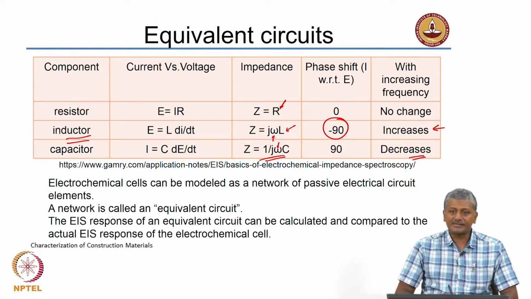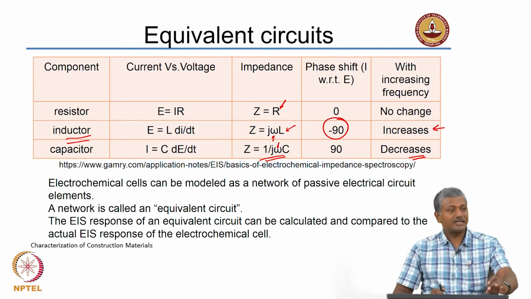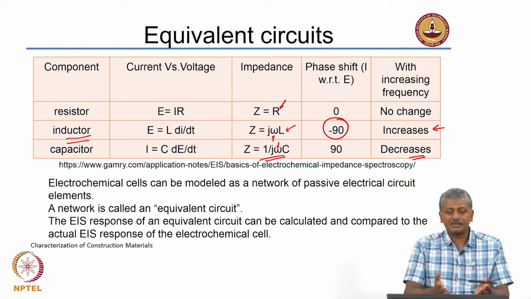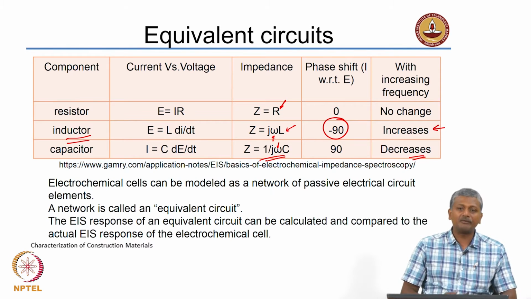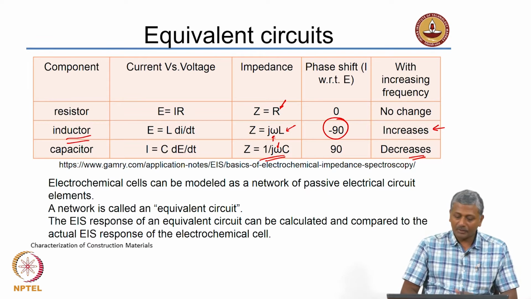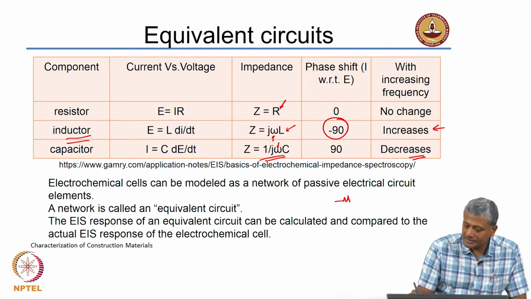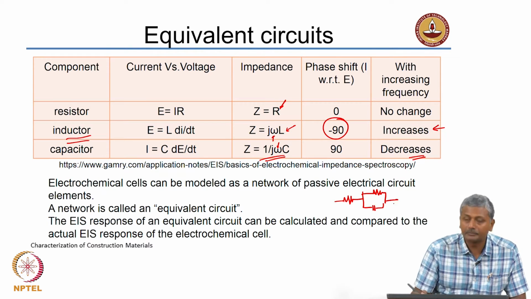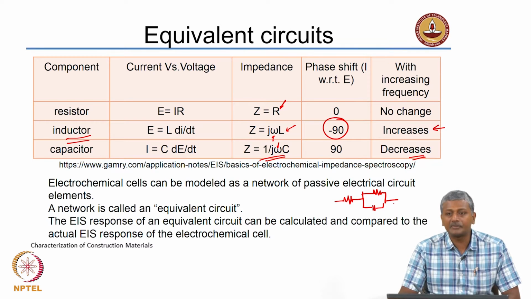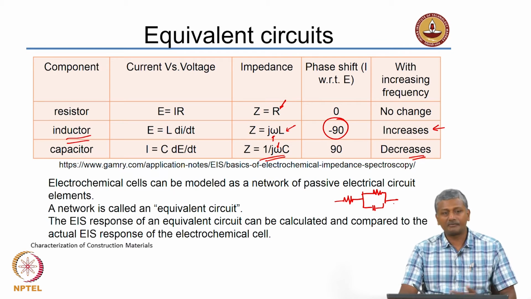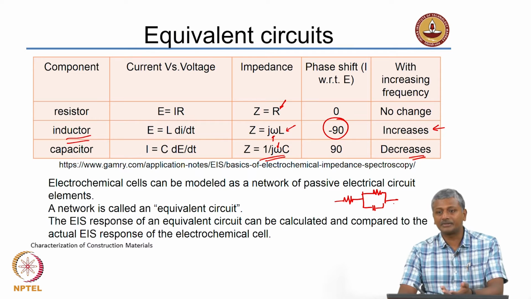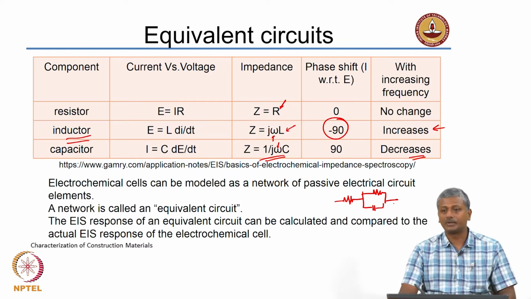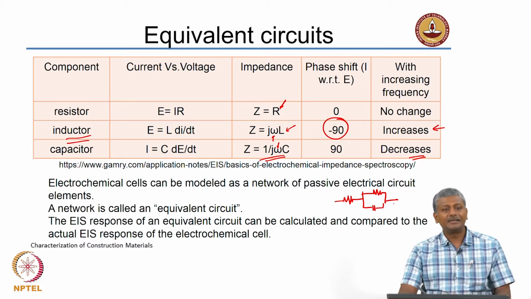So, as I said again, what you need to do is have these three basic elements and draw your own equivalent circuit for what you think best represents the electrical behavior of your system. Okay. So, for example, you can have a resistor and a capacitor in parallel. So, that could be one of the representations of the kind of material that you are investigating, right. You may get other systems also with an inductor, with a capacitor and inductor, and so on and so forth. There are a lot of systems that conduct in different ways.